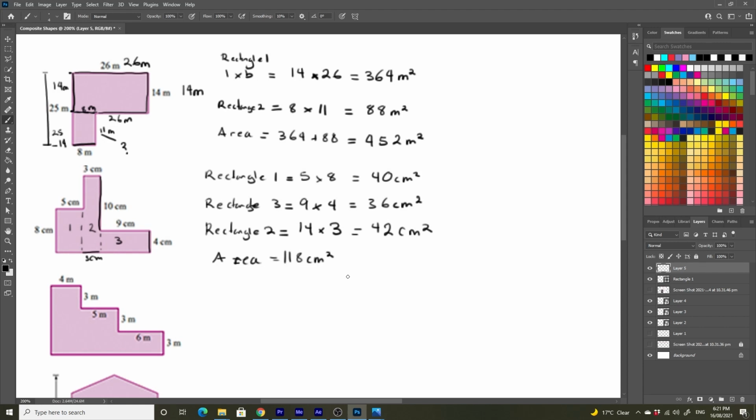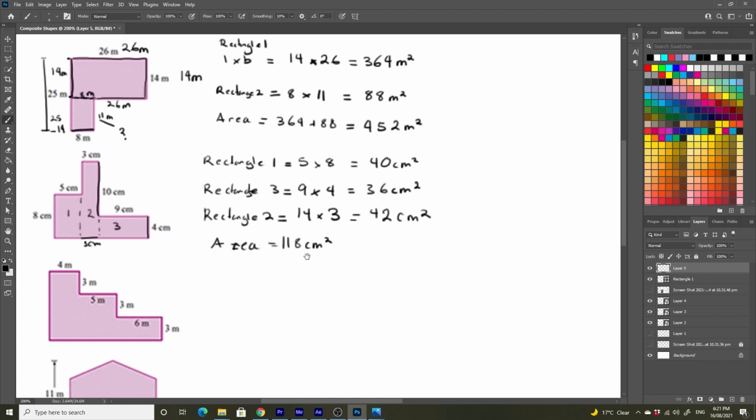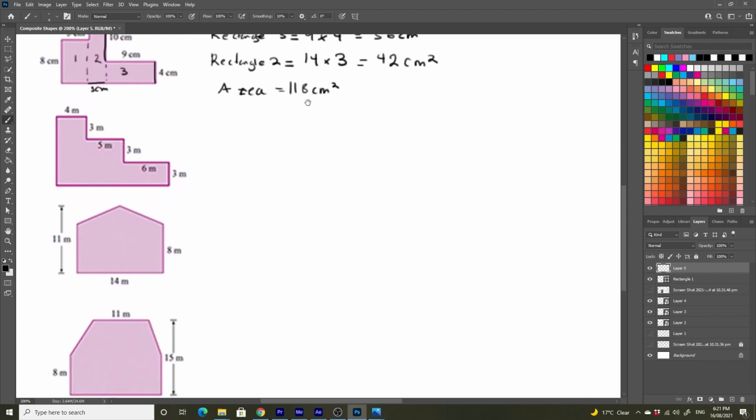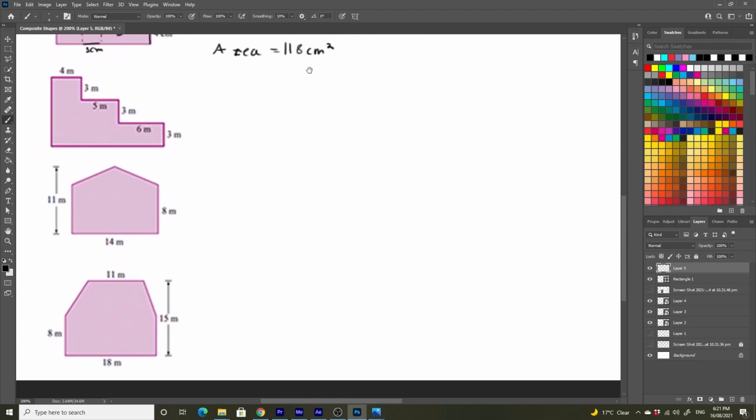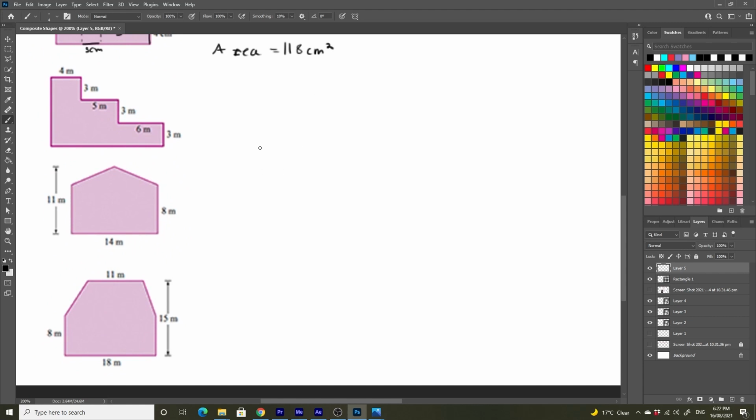Okay, so the next one is another rectangle one. Just at this point in the video, if you want to pause it and give it a go yourself and then resume and see how it's answered, that is also something that I would recommend. So this one again is going to be 3 rectangles,